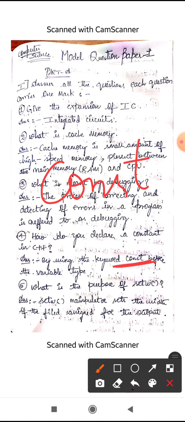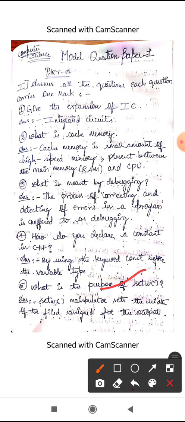Okay. So next, what is the purpose of setw? Setw is one of the manipulators. What do manipulators do? They alter the outputs of the program. Here setw sets the width of the field assigned for the output.